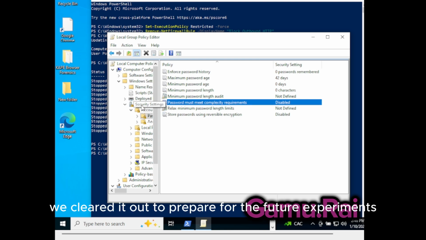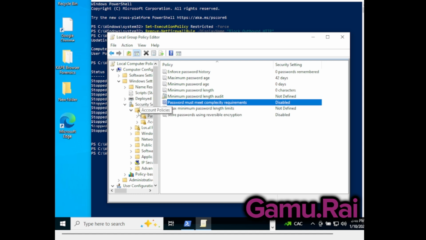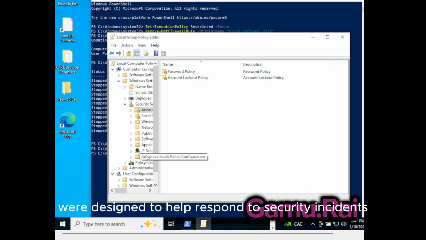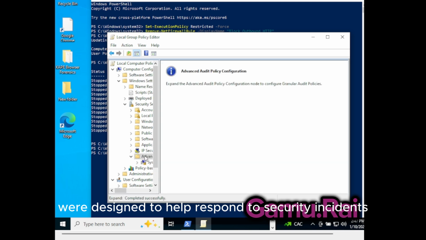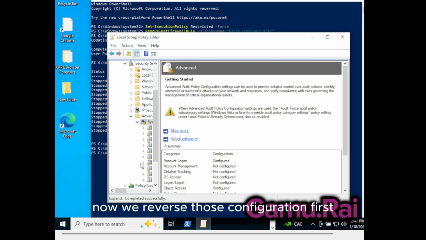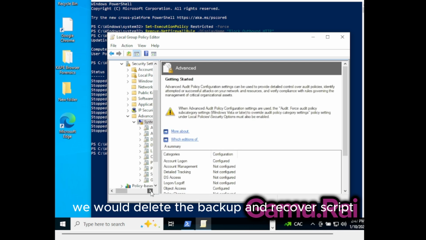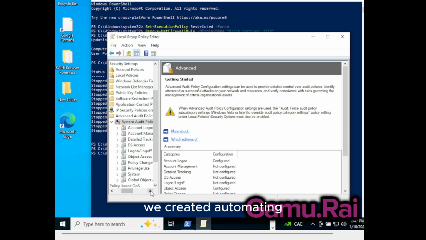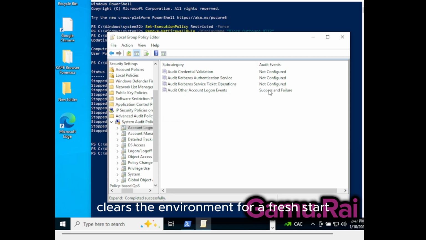for future experiments. On removing corrective controls: they were designed to help respond to security incidents. Now we reverse those configurations. First, we'll delete the backup and recovery script we created. Automating backup was a great way to protect sensitive data, but removing the script clears the environment for a fresh